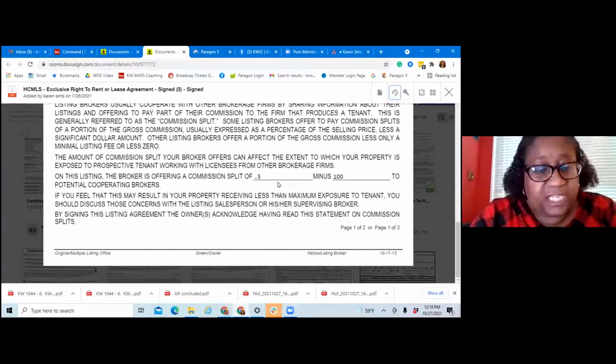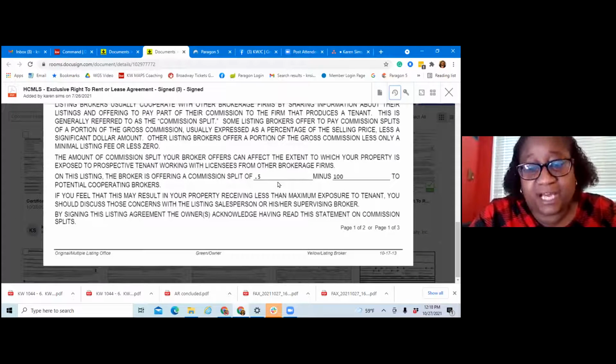If you're taking anything less than 4.5, remember that has to be run through me as your broker. And if that's the case, we ask that you give out 2.5 according to our policy and procedure, or at least half, which would be 2.25 if you're taking a 4.25. We're not taking less than 4% if we put it on the MLS, or we're trying not to take anything less than that,